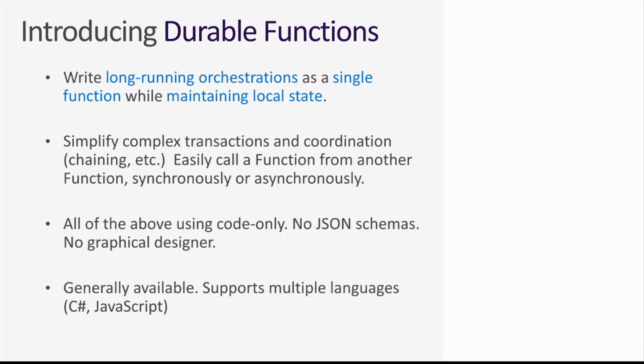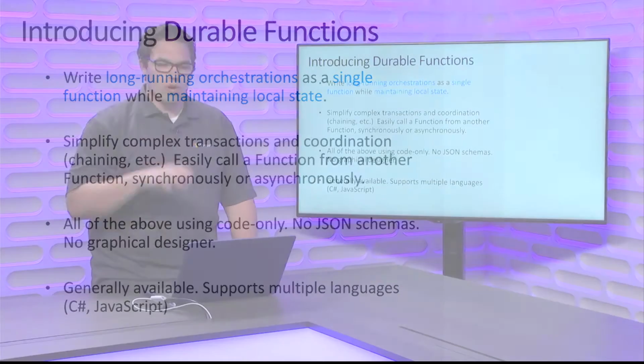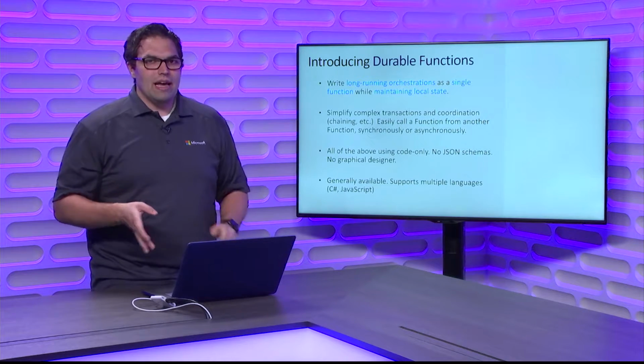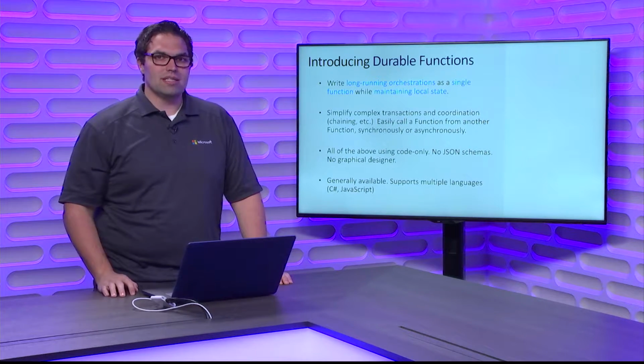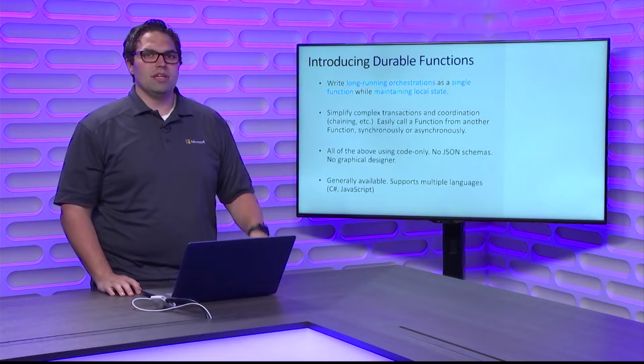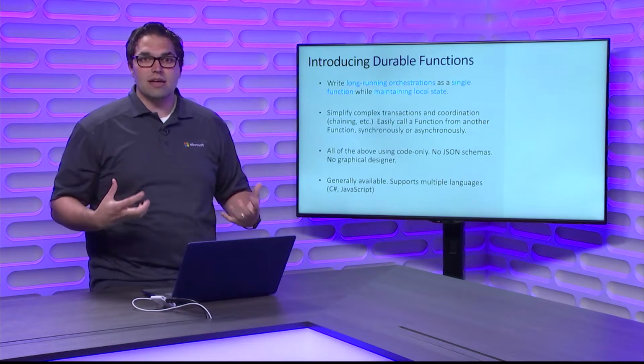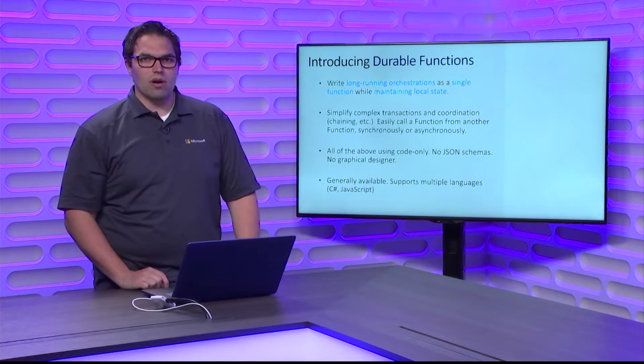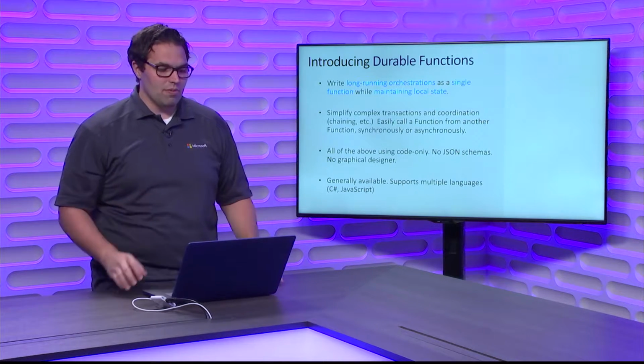Now, Durable Functions is completely written in code. In fact, you'll see in a second, we're actually going to write this in .NET code. So I'm not dealing with JSON schemas or workflow definitions or some of the other ways that orchestration is often solved. I'm doing this all right within .NET. In fact, you'll see in just a little bit, you can do things like a try-catch block. You can do things like await. You can use these concepts that you're likely familiar with, but now you automatically have this power and this long-running capability taken care of by the framework.